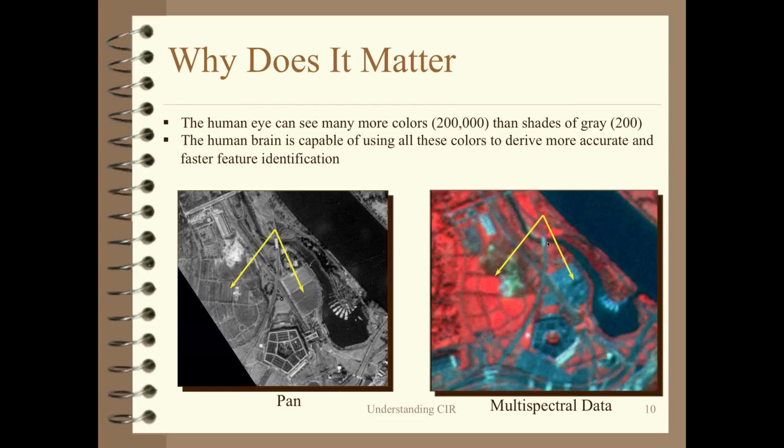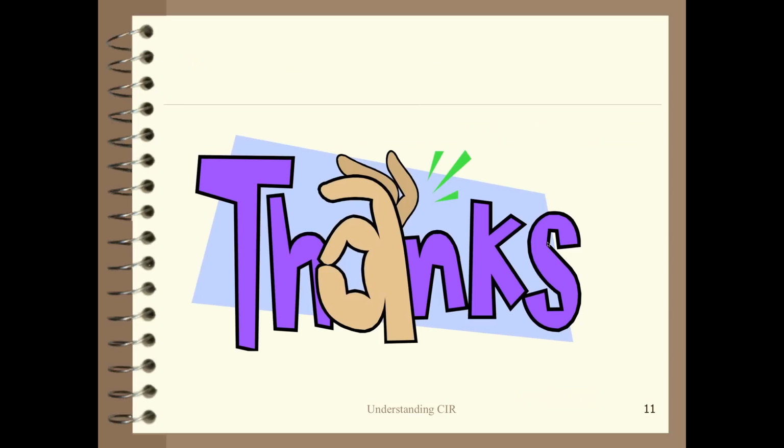So again, there's lots of power in being able to see in the color infrared or in the near-infrared portion of the electromagnetic spectrum, and we simply do that by shifting what we're seeing through the 3 primary colors that we're allowed to see, whether we're talking about film, analog film, or we're talking about digital data and a computer monitor. And so that's sort of the introduction of this for today,